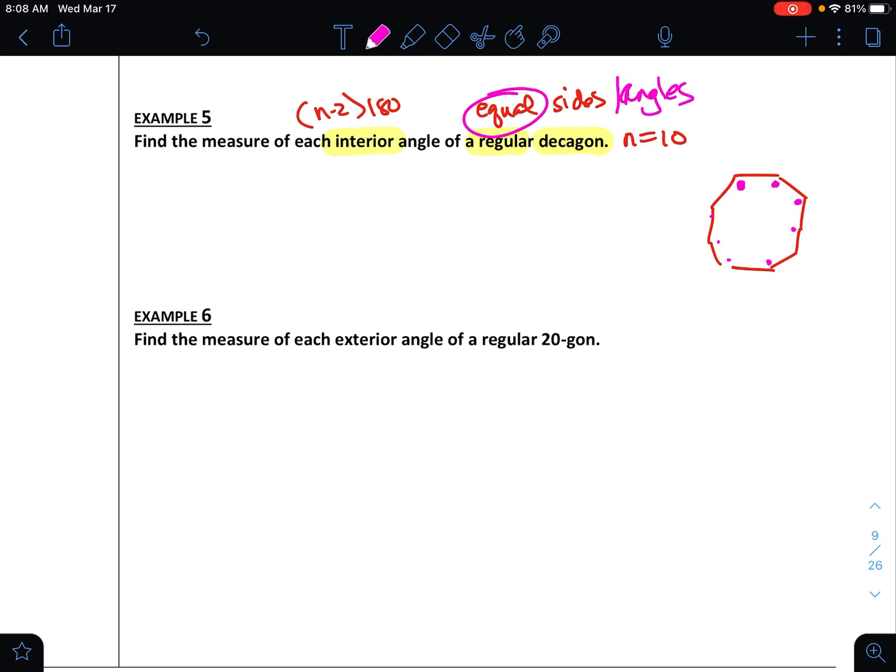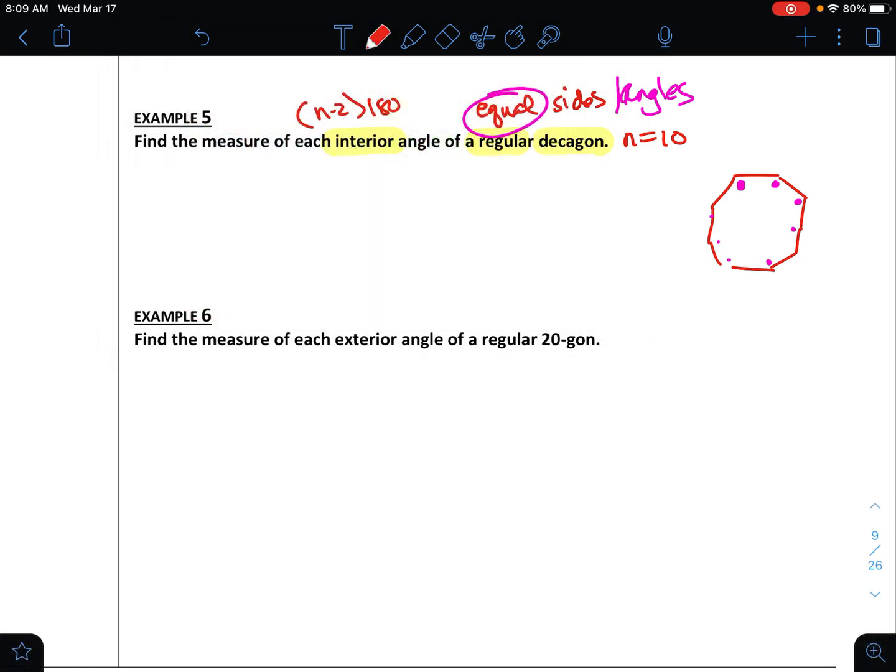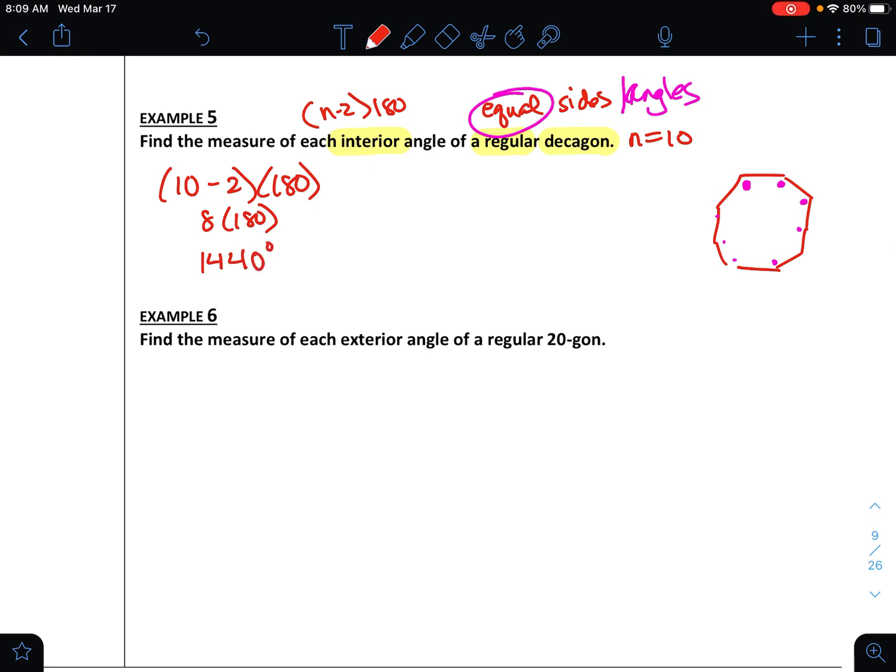Okay? All right, first of all, I need to figure out how much all 10 angles add up to. Because if I know they add up to a certain number, let's say they add up to 100, then I can cut 100 into 10 equal parts by dividing. So I'm going to start with what is the sum of all 10? So I'll do n minus 2 times 180, so 10 is the n. So I'm doing 8 times 180. 180 times 8 is 1,440. Okay, so this is the total,